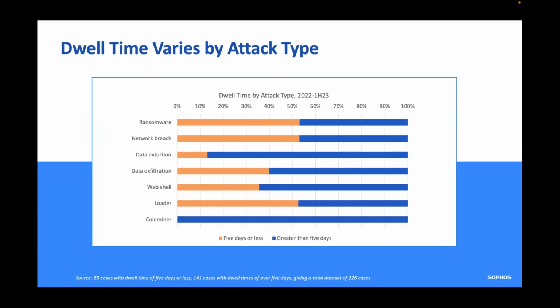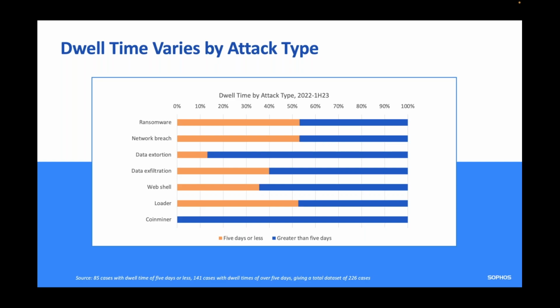And on the subject of pace of attacks, one of the biggest takeaways from the latest Active Adversary report is the fact that the average dwell time is now dramatically reducing. Just to give you some context and provide a precise definition of dwell time in this context: the dwell time is considered to be the time from when the organization is initially penetrated by an attack through to the time where the cyber criminals carry out their action on objective, which is typically to encrypt data or to steal data in some way, shape or form.